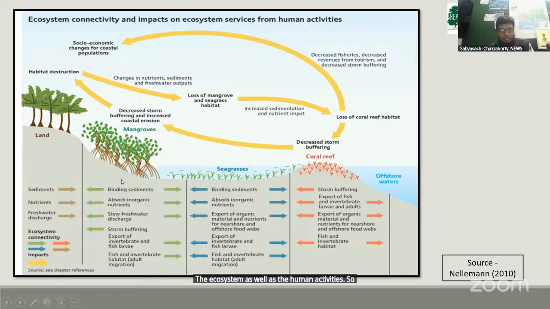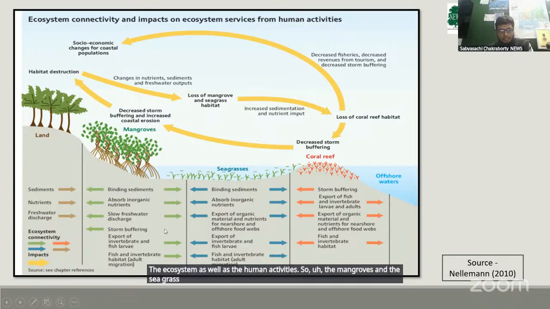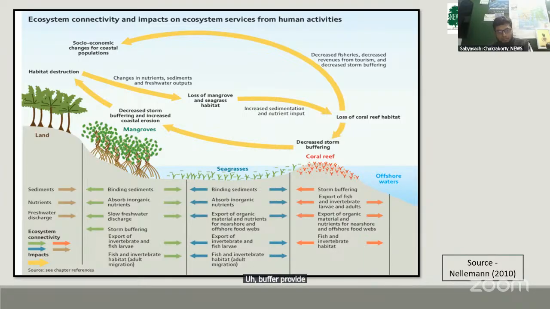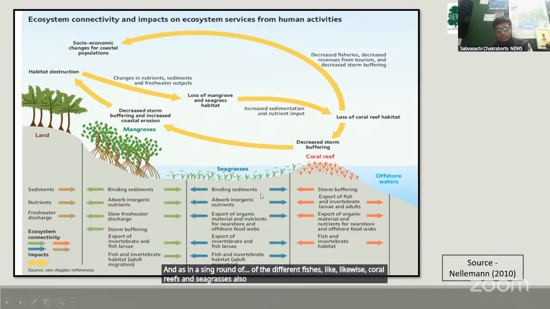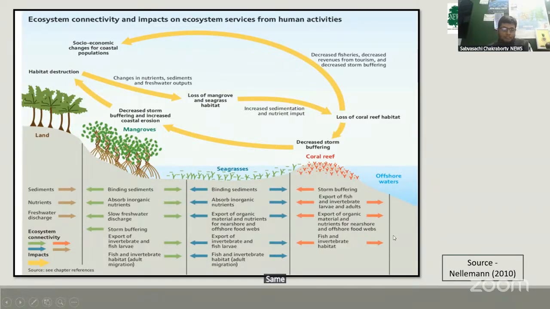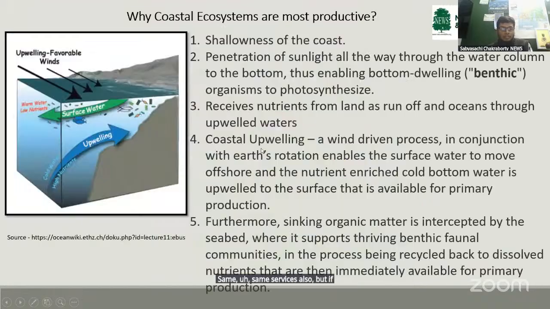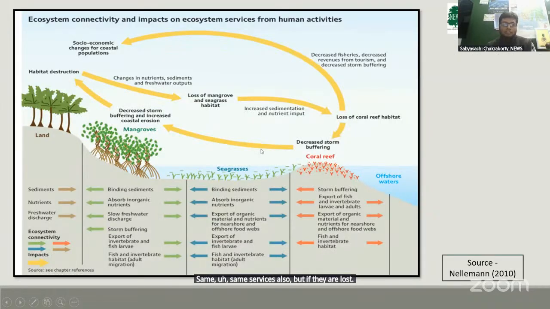So the mangroves and the sea grasses, they actually bind the sediments, they absorb the inorganic nutrients, provide buffer against the storms, and act as a nursing ground of the different fishes. Likewise, coral reefs and sea grasses also provide the same services. But if they are lost, if they are destroyed, then there will be changes in